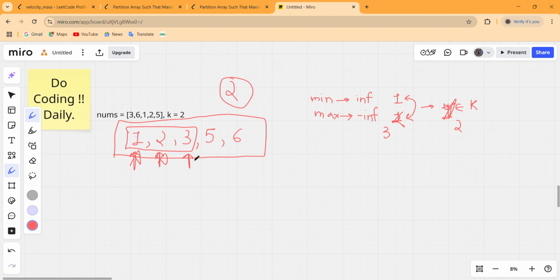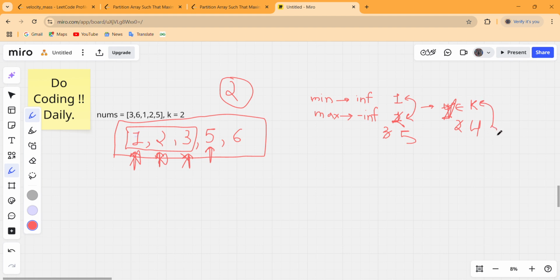So do not increment, go to the next index, and now we see that the maximum value is 5 but the minimum value is 1, and if we take the difference between maximum and minimum, that will be 4, and this violates the condition.